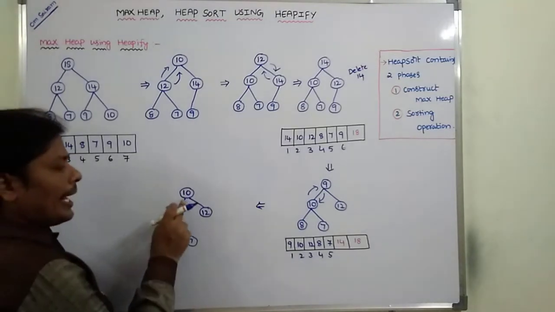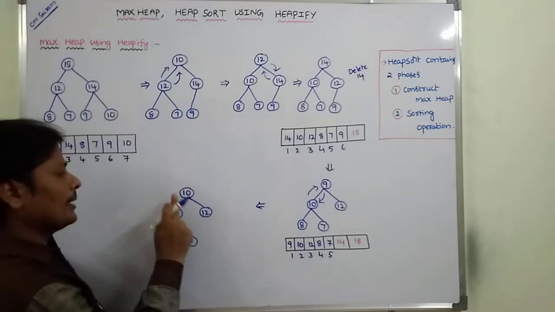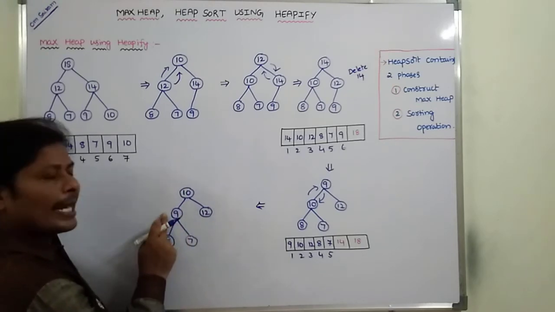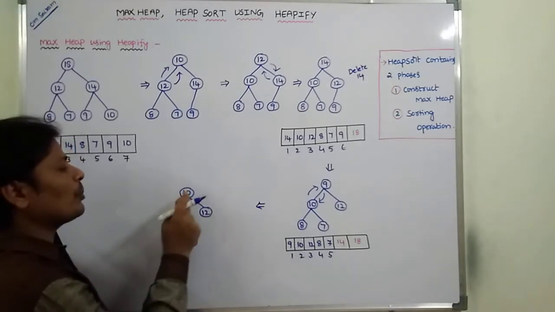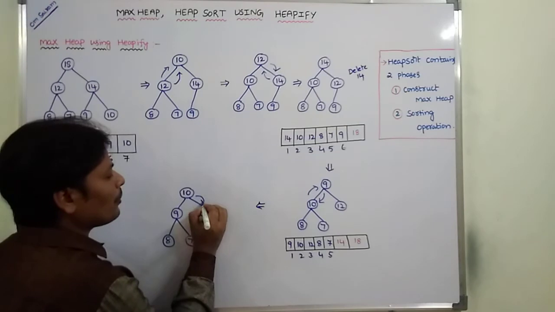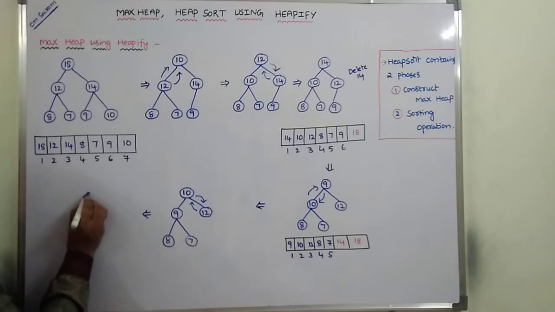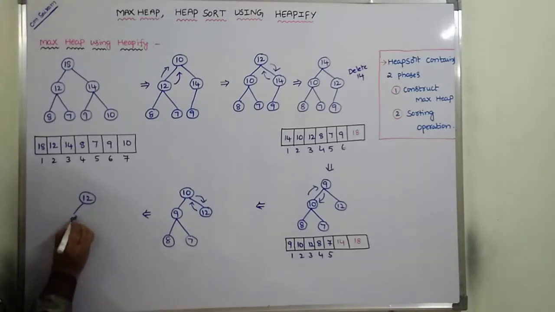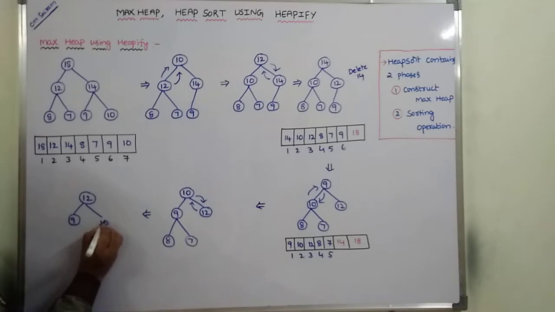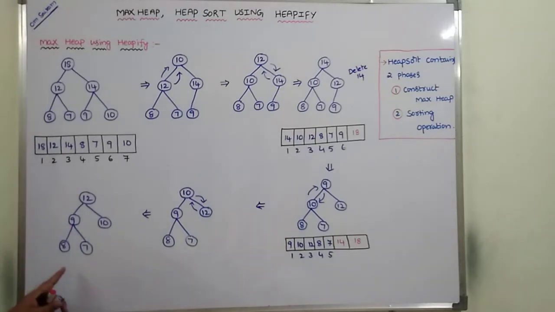Okay, so now again we have to check whether it satisfies the maximum heap property or not. 10 has two children. 10 is greater than 9. Yes, it satisfies the maximum heap property. 10 is greater than 12. It is false. It does not satisfy the maximum heap property. Now we have to swap these two elements. So now 12 is the root node, 9 is the left child and 10 is the right child, and 9's left child is 8 and 9's right child is 7. Okay, so this is the maximum heap we are getting after deleting